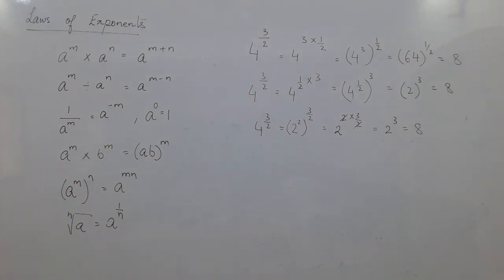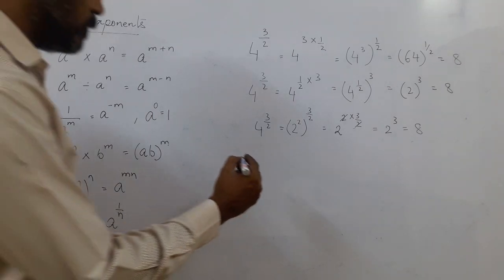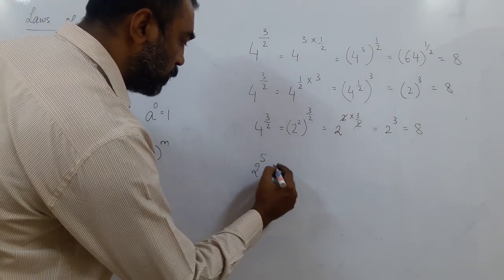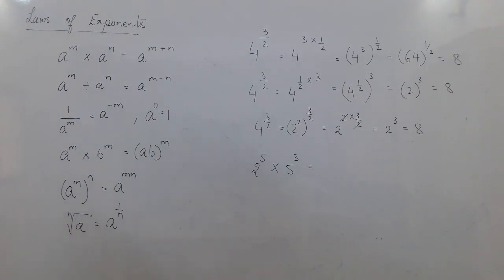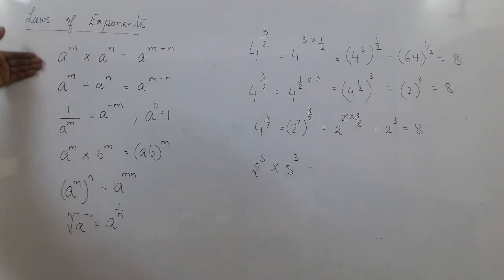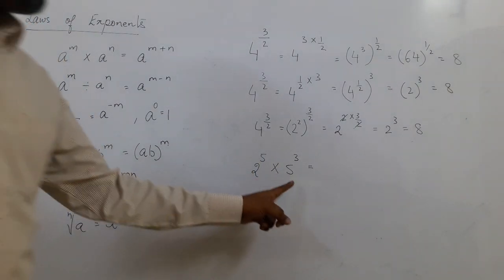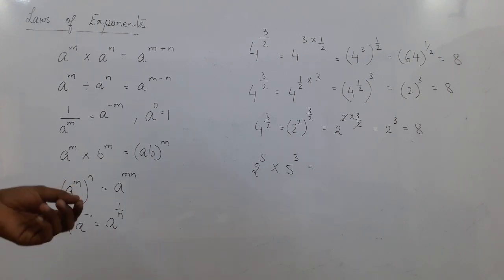Okay? So these sums are now looking quite easy, but you should also learn a technique to save your time. For example, what is 2 raised to 5 into 5 raised to 3? Calculate. 2 raised to 5 into 5 raised to 3. I want the answer. Let us say this is an MCQ sum. Now you see how the use of identities is very useful in doing this sum. 2 raised to 5 is 32. 5 raised to 3 is 125. What is 32 into 125? If you sit and calculate, you will get the answer.